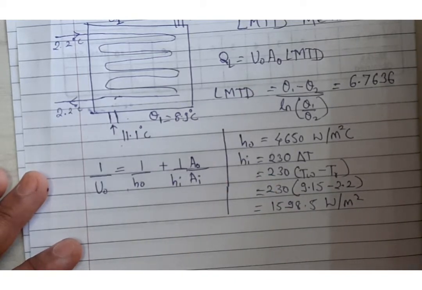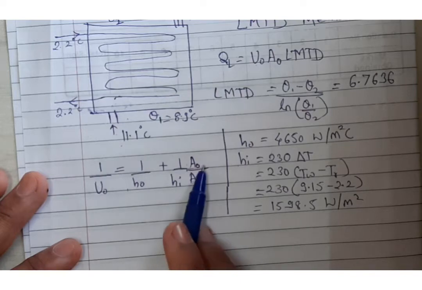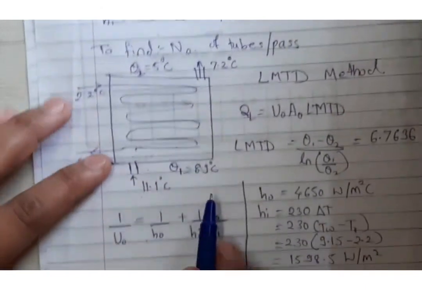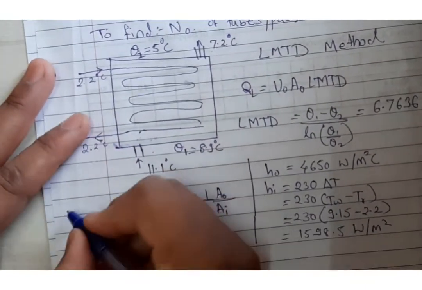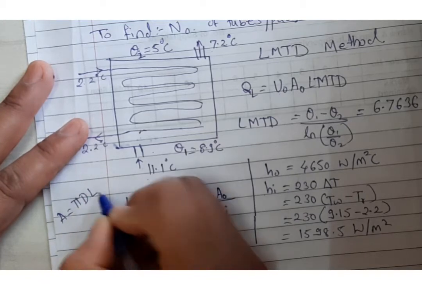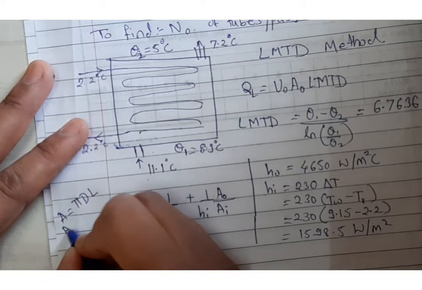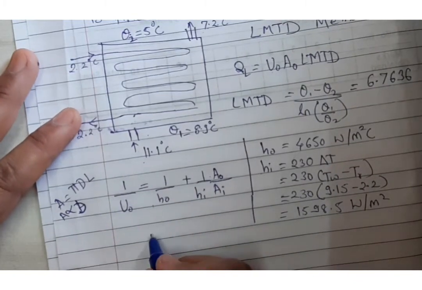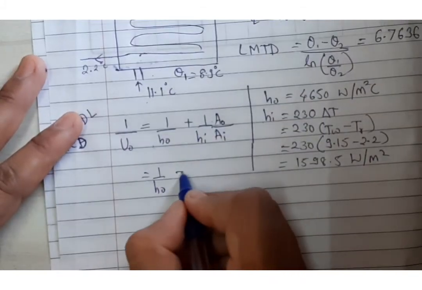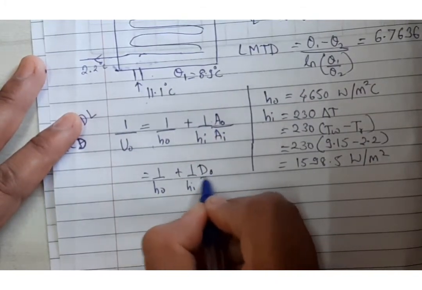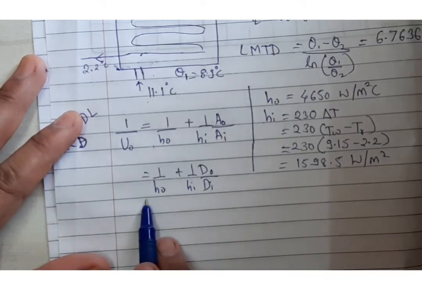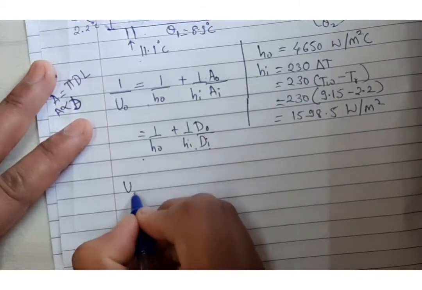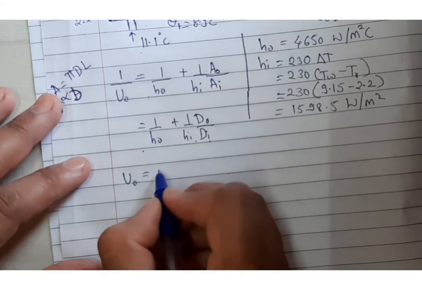Now HO, HI is known to us, right? About the areas, diameters, you can see here diameters are given to us. These areas are the surface areas, that means this area is equal to pi DL, right? That means you can say area is directly proportional to diameter. So instead of area we can write it as 1 upon HO plus 1 upon HI into DO by DI. Now HO, HI, DO, DI all are known to us, so from this we can find overall heat transfer coefficient as